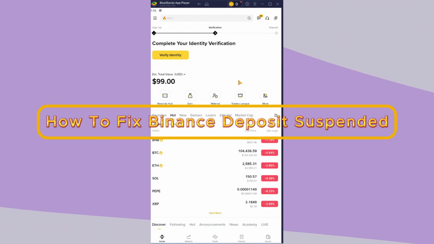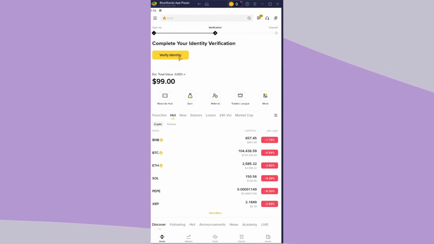How to fix deposits suspended on Binance. First, you need to make sure your Binance account is verified. If it's not verified, you are not going to be able to withdraw or deposit crypto on Binance. So do that. And even after doing that, if you're still having error with suspension on withdrawal or deposit, then